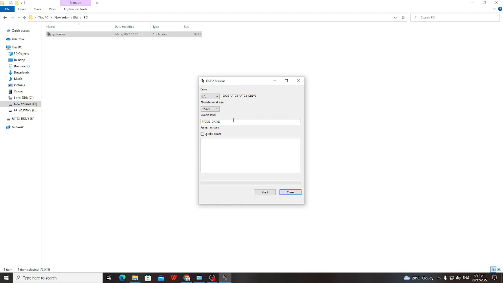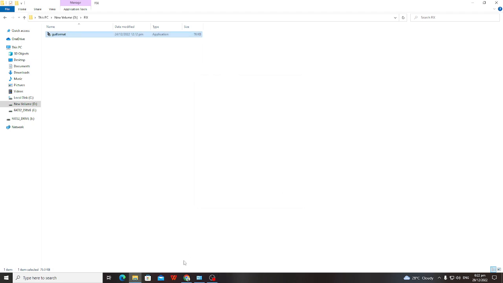And the next thing that you need to do is label that drive as FAT32_drive. No more, no less. You actually need to copy the exact name for this drive. Okay. So there we go. And for the format options, of course, you need to check the quick format. And if you're going to click start, it will start converting your NTFS drive into the FAT32 drive. Okay, so I'm just going to close it right now. So after that,